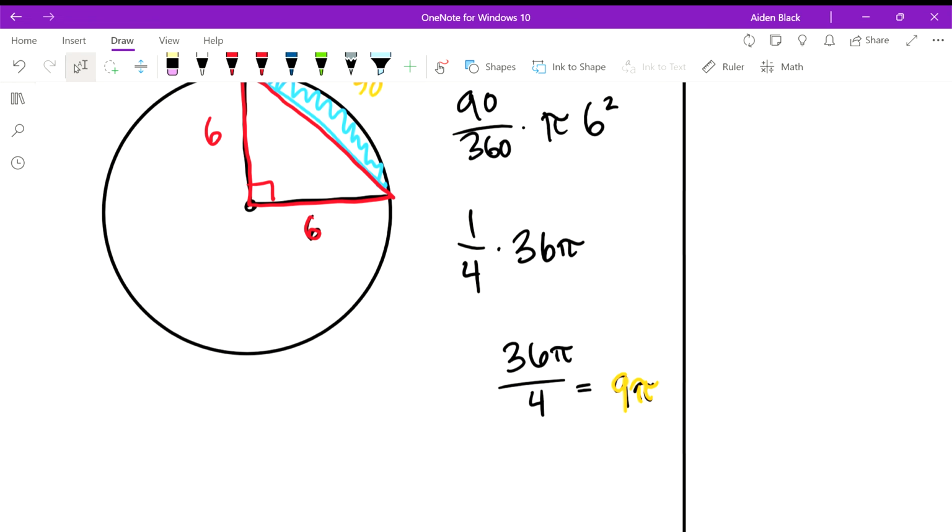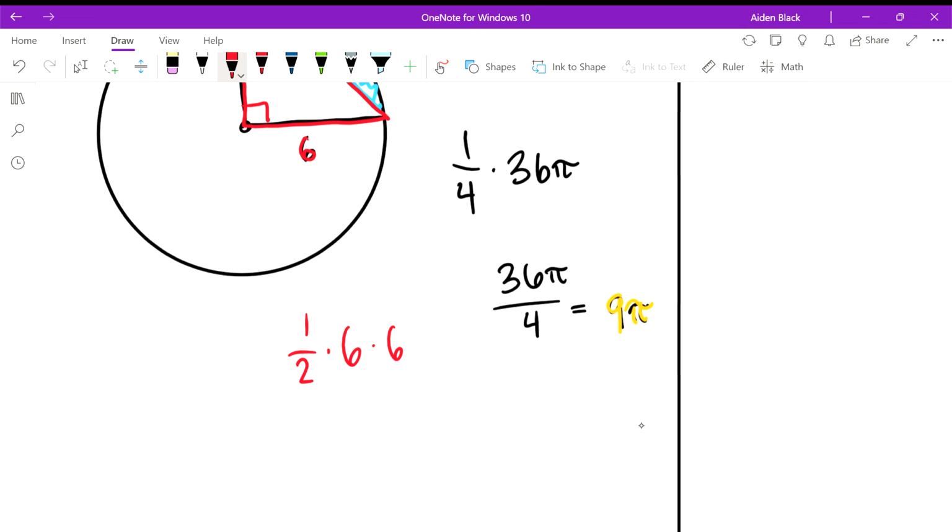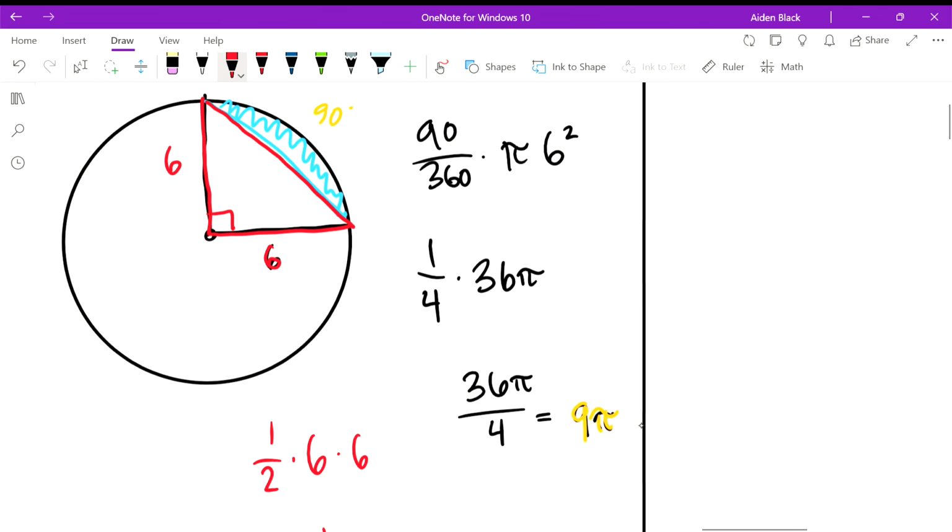So we know the area of that triangle is 1/2 base times height. So 1/2 of 36 gives us 18. So this right here is 18 units,